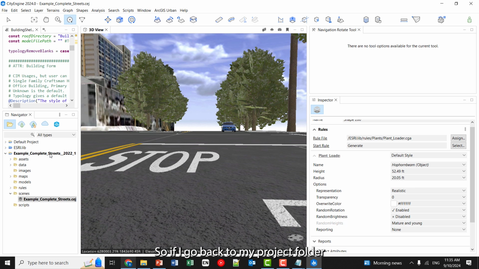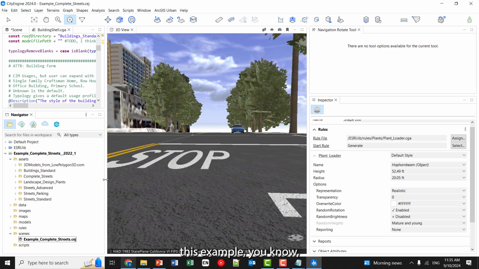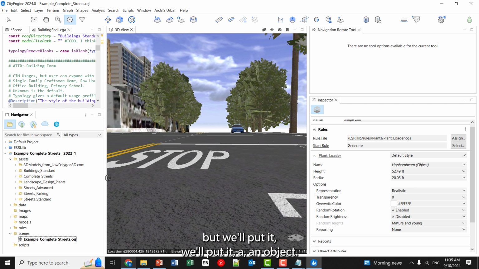So I go back to my project folder and go under assets, 3D models from lowpolygon3d.com,